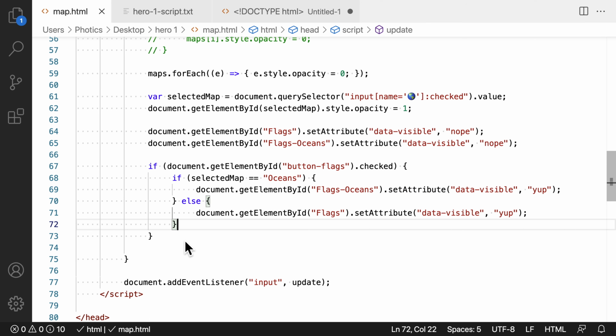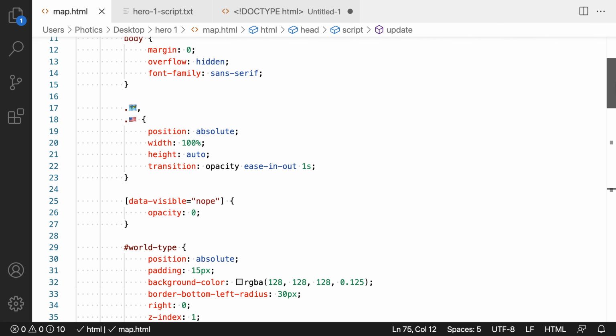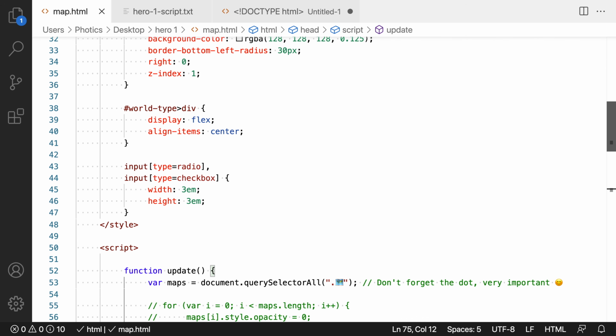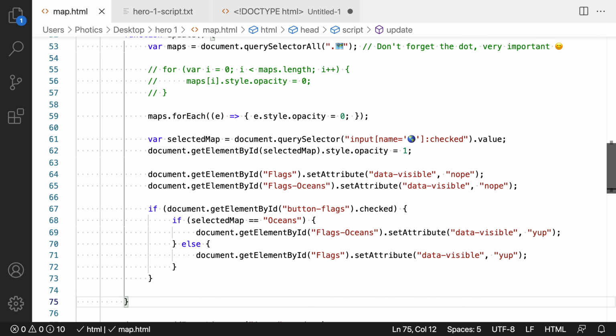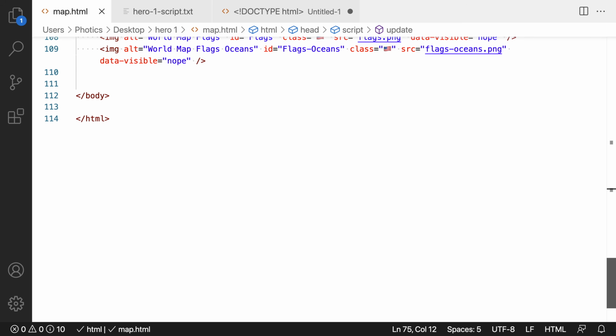You can add or remove classes with JavaScript. You can use data attributes in Hype too, if you splurge for the Pro version. It's one of those less glamorous features, but is quite useful if you know what you're doing. And there it is. In less than 115 lines of code, an impressive web map was created. I'll put a link in the description to the source code. It's an article on Phottix.com.